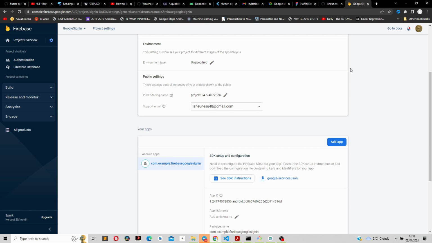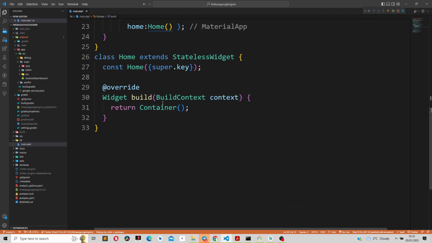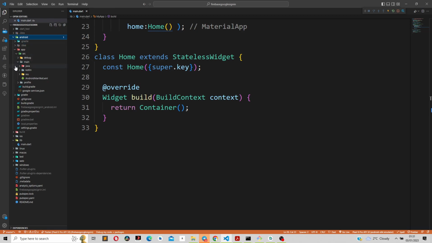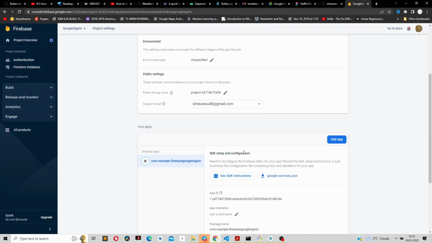Once you download this google-services JSON file, you go to the Android folder, then the app folder, and inside the app folder you paste it. This one, google-services.json. Once you've done that,